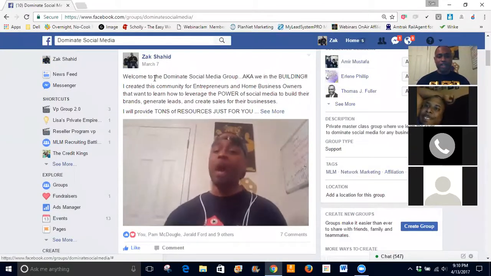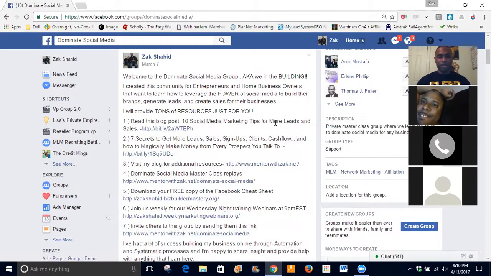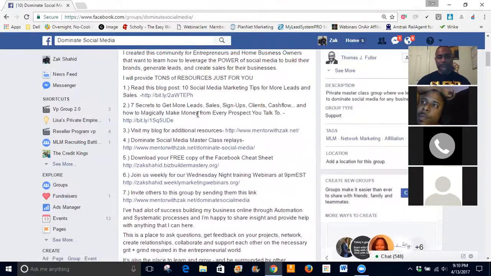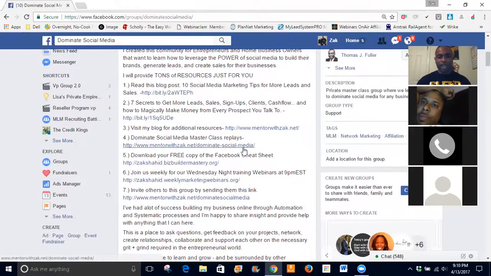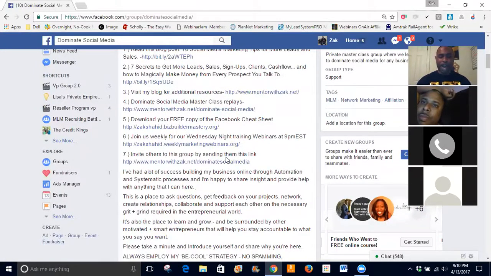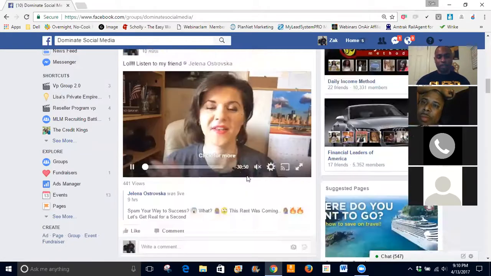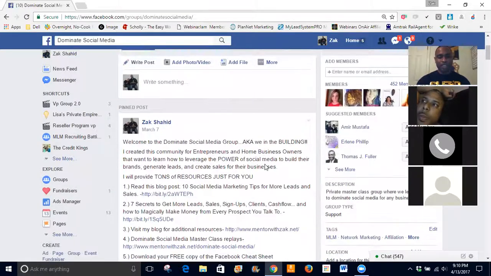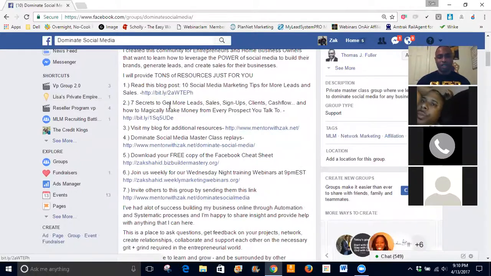Now the ad copy, as you can see, I have ad copy right here. So in my ad copy, guys, I have a couple of steps that I'm taking people through inside of the group. Okay, now everything in this ad copy is giving people an actionable step to take, an action to go pretty much get on my email list, my newsletter, so that way I can follow up with them on a regular basis. So what happens is, guys, people in my group, they're getting value, right? It's value, value, value. I'm not selling anything, I'm giving value. But when they come through these series of steps right here, these series of steps are going to take them to a capture page to where they can join my email list,